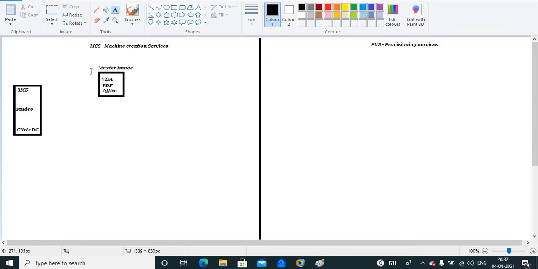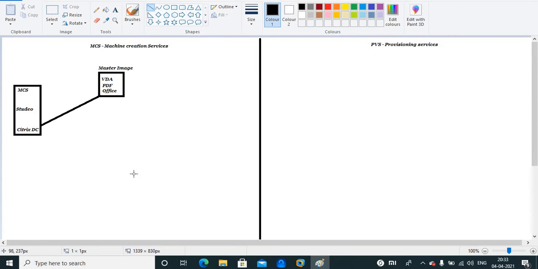So once our master image is created, then we'll open the Studio Console. And then from Studio Console we'll try to create a delivery controller or search here.